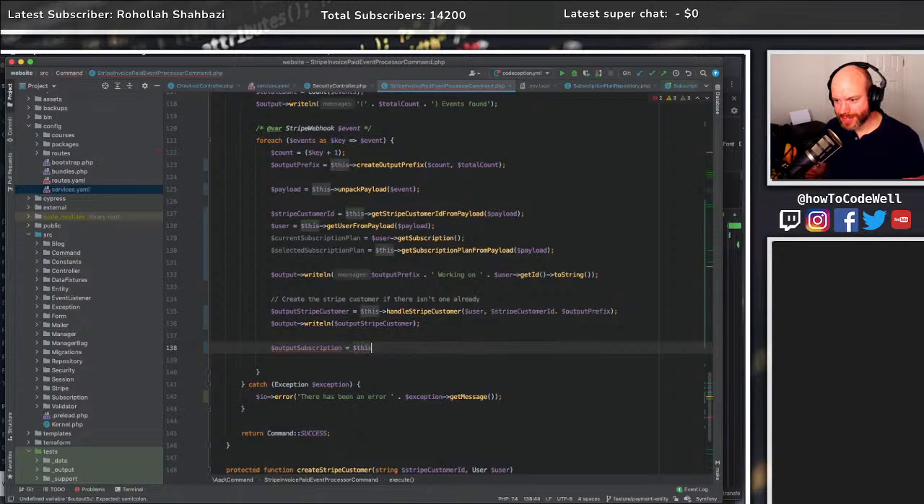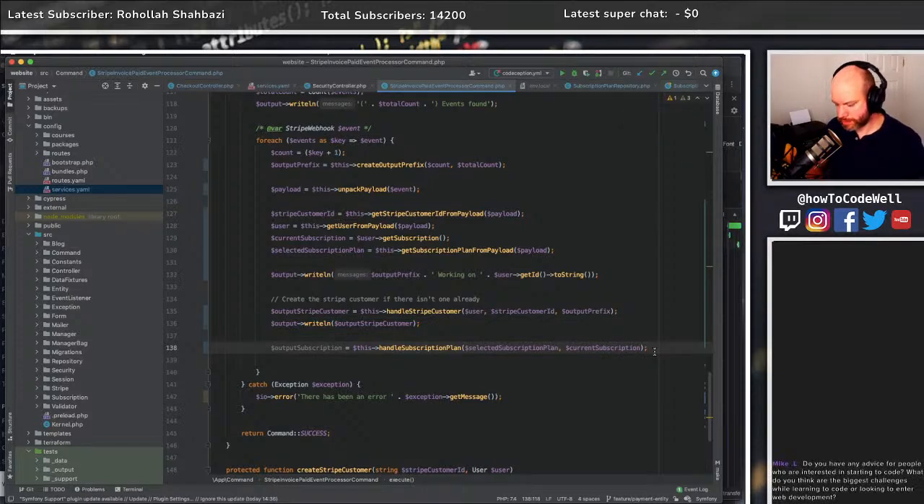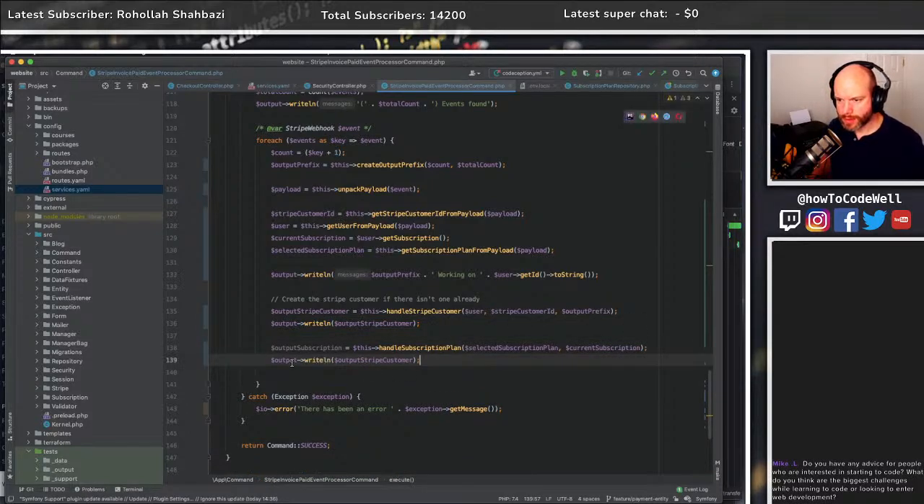Is equal to this handle subscription plan, passing in our selected subscription plan and our current subscription plan. Although I don't think that's right. I think that's get subscription. It's current subscription, not the plan. I'm going to confuse myself if I call the same things different things. There we go. And then we do a write and output here. To me, that is much easier to read, personally,